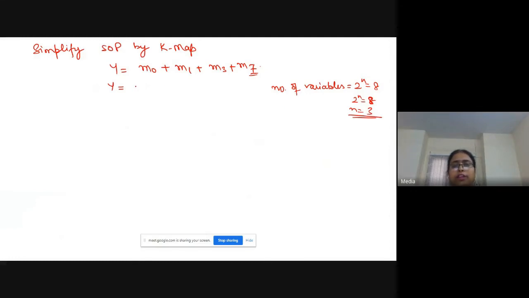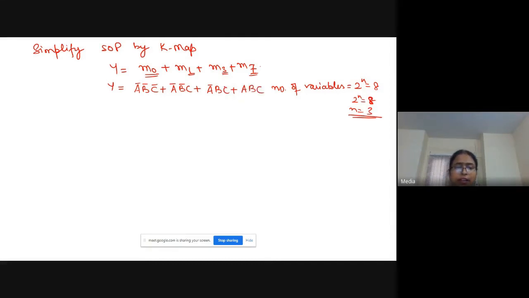So I can also write it in the form of, M0 means it will be 0 0 0, A bar, B bar, C bar. M1 is 0 0 1. M3 is 0 1 1, and M2 is 0 1 0. And 7 is 1 1 1.